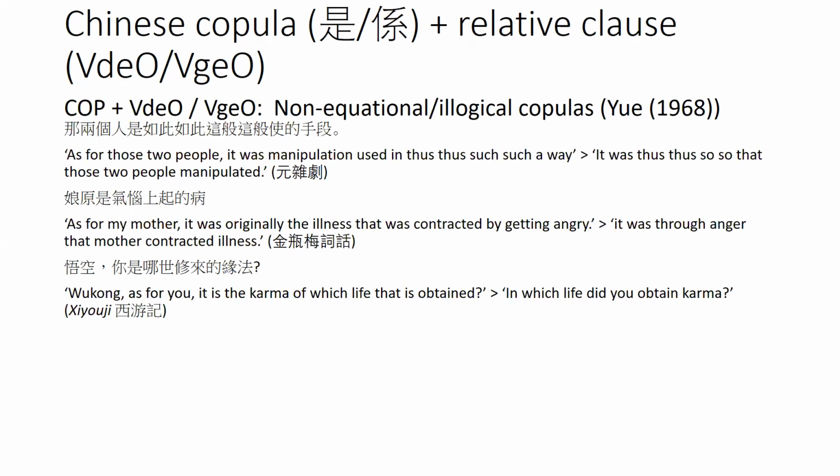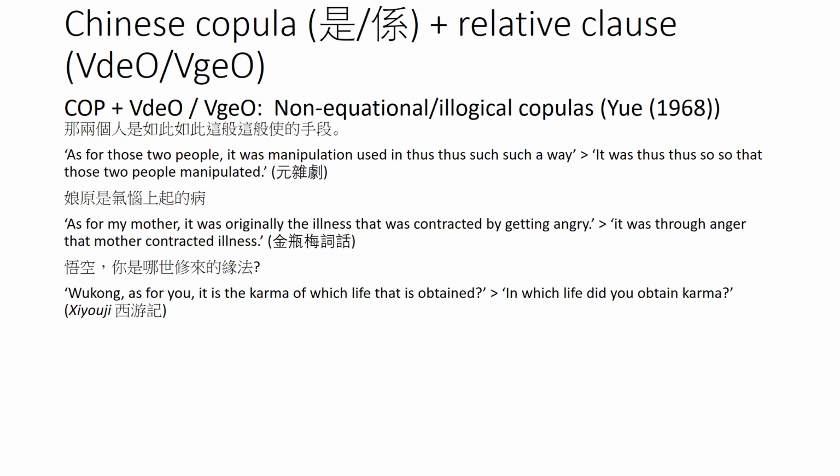The complement of 是, a relative clause in the form of VDO, denotes something that is independent of the subject. And here the idea is that if the head noun is non-concrete or abstract, they are liable to being reanalyzed. So for example, the first one, 那两个人是如此如此这么使的手段。娘原是气闹上起的病, or this example from 西游记, 悟空你是哪世修来的元法. The head nouns 手段, 病, 元法, etc. are abstract,